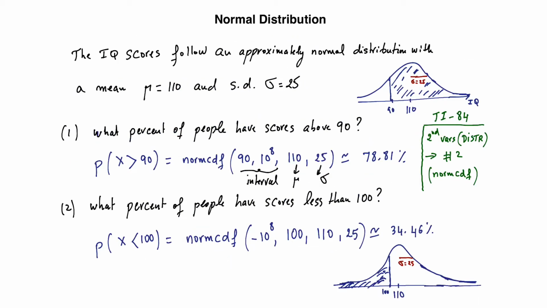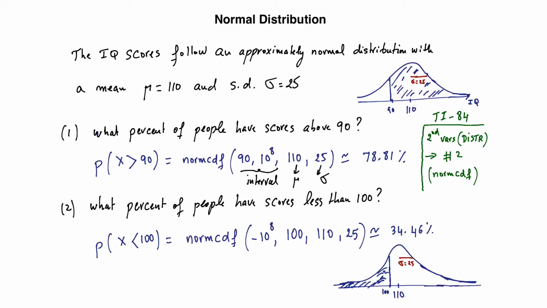So imagine, here is the question. I'm looking for area. What percent of people have scores above 90? So here's my 90. 90 is just to the left of 110. This is 25. So if I subtract 25, I'll get to 85. And 90 is somewhere in here. I don't know precisely what it is, but let's say it's here. And what I'm interested in is, what is this area, right? What is this area